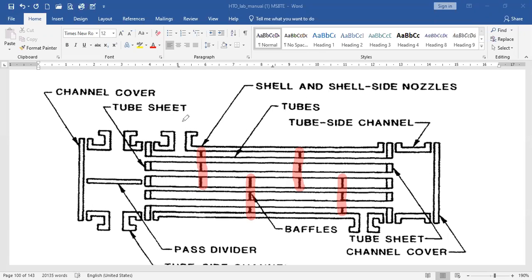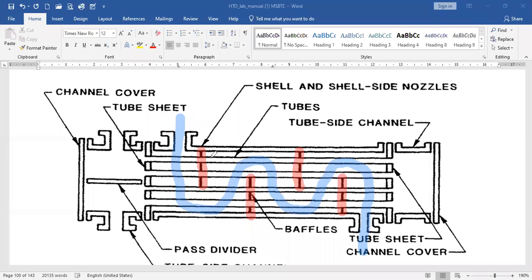If the shell side fluid is passing from the top, through the shell and going towards the bottom side nozzle, then the movement is like this. Right? To get this movement, we have to arrange these baffles, which are nothing but 75% segmental baffles,